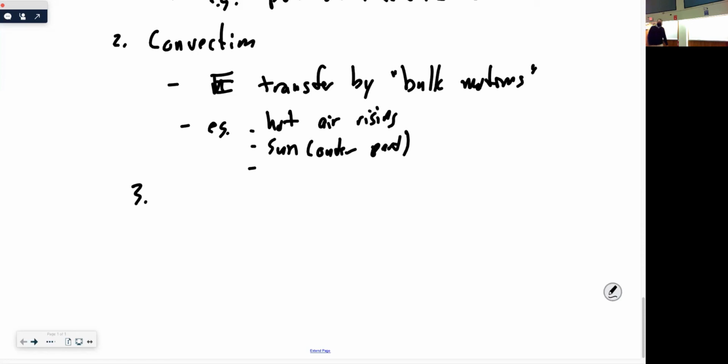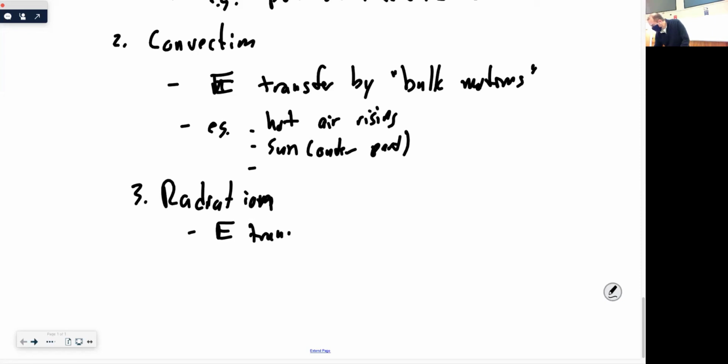It would be radiation. Exactly right. Usually EM radiation, although not necessarily EM radiation. Any kind of radiation will work. So what do you mean by that? Energy transport by light. Although in this case, I am saying light, so I am talking about completely EM radiation.